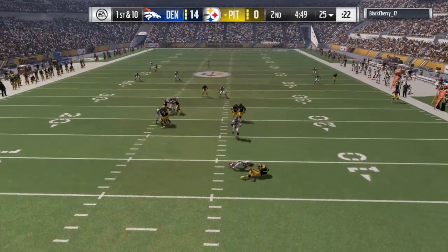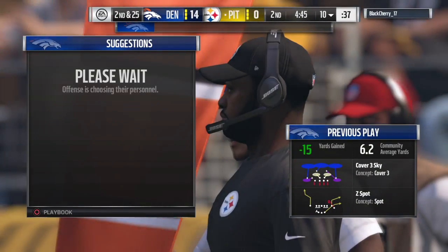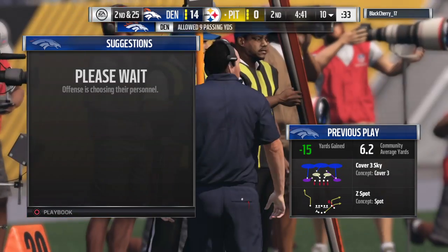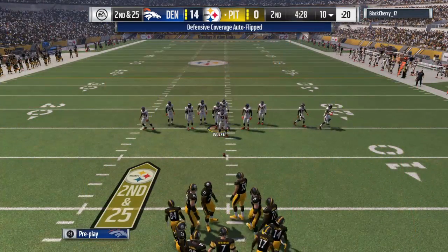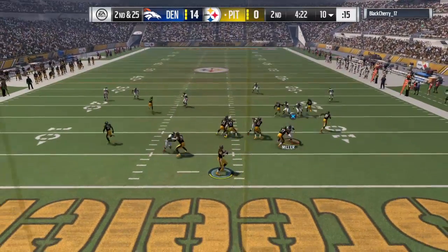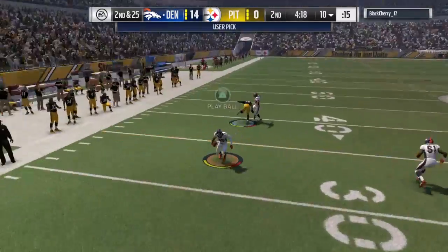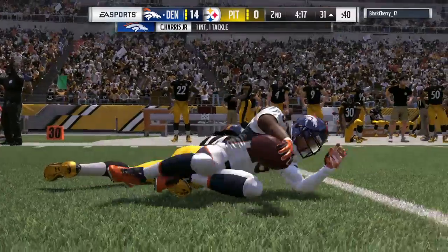Hey, that's fine. Big loss here as he's taken down. That's Von Miller right able to get in and run him down for what will be a loss of 15 yards. Single receiver. Hey, you're on an island over there. Single receiver. On second down, here's Roethlisberger. And Big Ben intercepted a third time. It's Chris Harris with a...